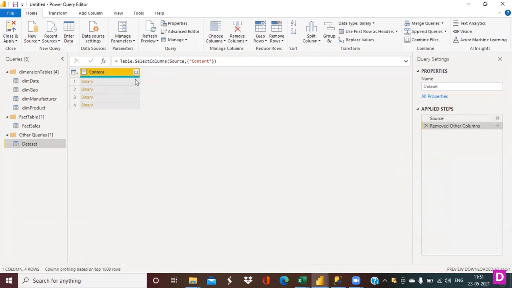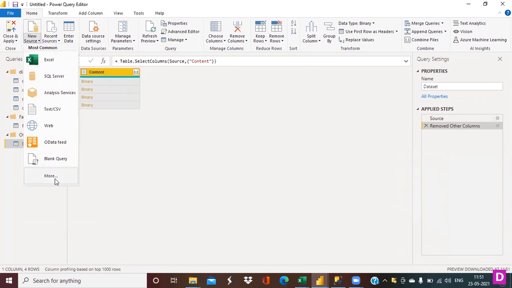So we have loaded data from Power BI Desktop, but if you need to load data directly into Power Query as well, let me show you that option. What you can do just here itself is click on New Source. The same option we can do here as well. Click on More,